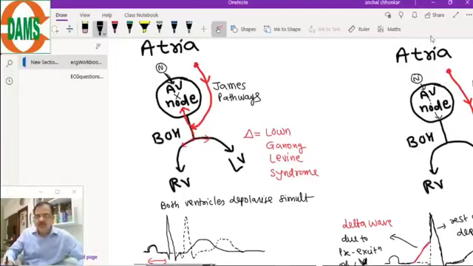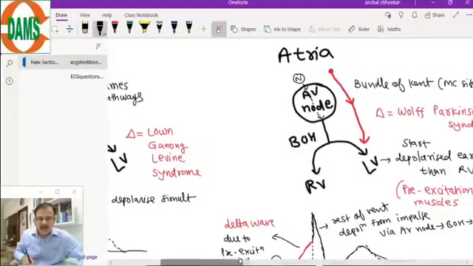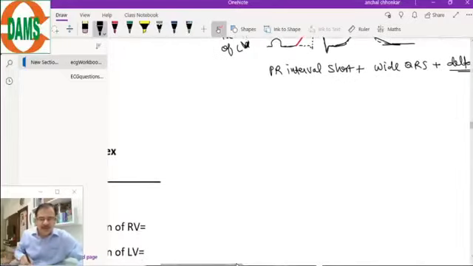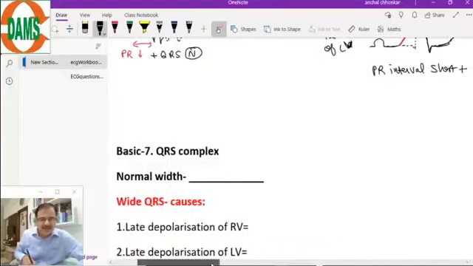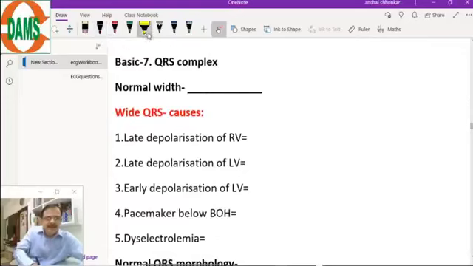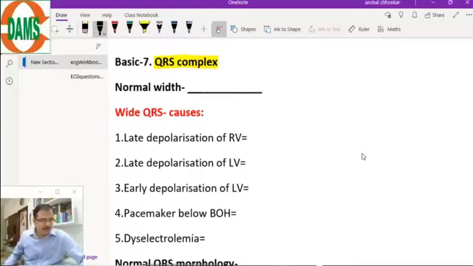Now coming to, so these were the PR interval pathologies. Short PR interval, important questions usually asked in your exams. Now come to the number 7 basic, which is the QRS complex. In LGL syndrome, distance between the T wave and next P wave will increase. Very good. It will increase because QRS and T are shifting towards the first P wave. T wave in WPW syndrome will be okay. Usually it remains okay.